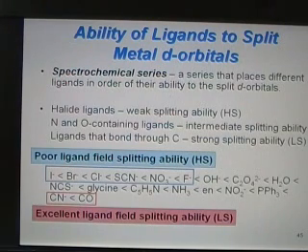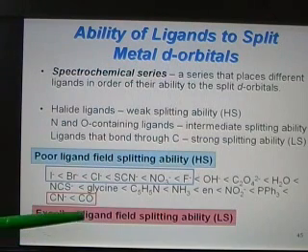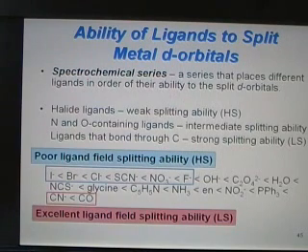So ligands that interact very well with the metal cations split the field very well and always give low spin electron configurations of the d electrons on the metal cation. So CO and CN-, they interact very, very strongly with the